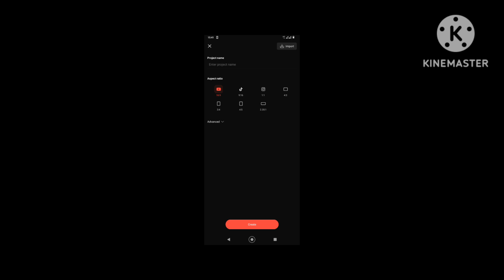And there are other types of ratio that you can choose from. Instagram, for example, likes to use the ratio of 1:1. After choosing your aspect ratio, choose Create.